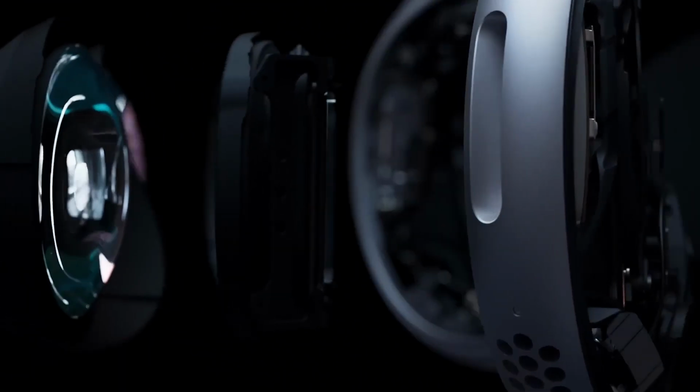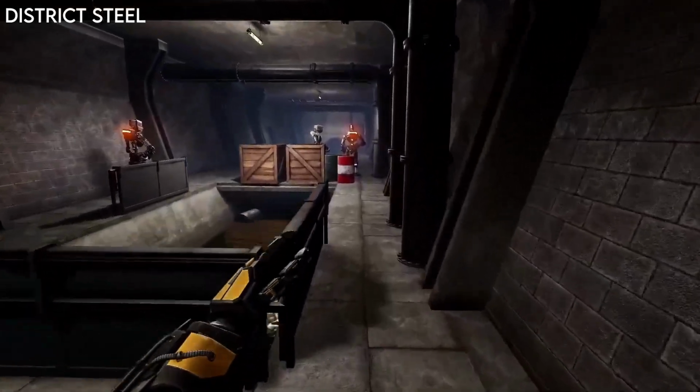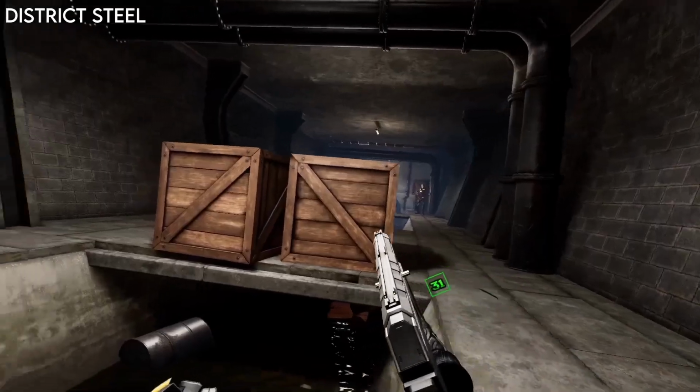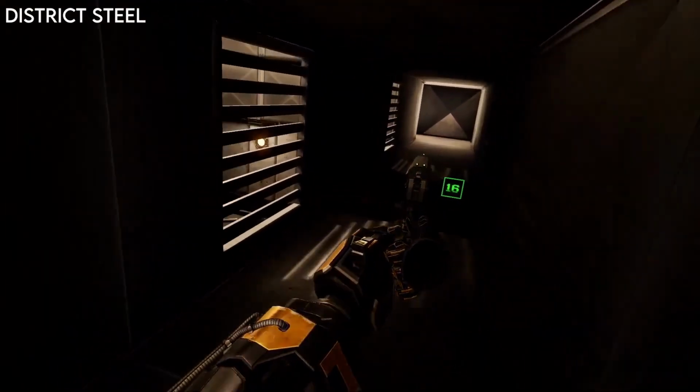So let's talk about games. The things that we need to actually make use of these expensive pieces of hardware, and this year it's been pretty good so far, with lots more to come. This isn't going to be every game that's released, just the ones that caught my eye, so if you think I missed any, let me know in the comments. In February, we had District Steel on PC, and it's one of my favourite VR games